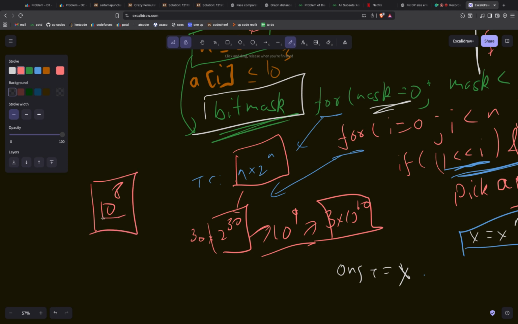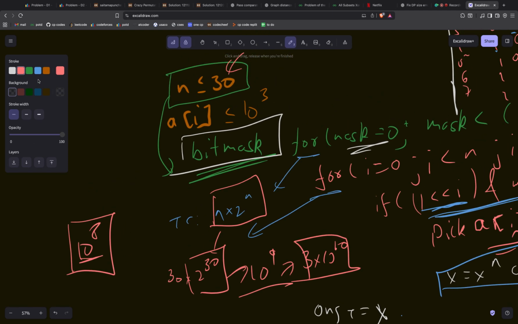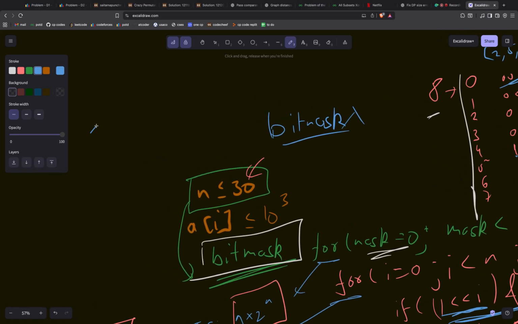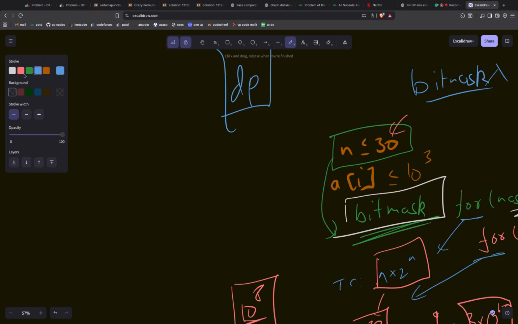So if this is the problem, how can we use this, or how can we solve this? See, this is actually not a bit mask question. This is actually a DP question. Why DP and how DP? We'll get to it. But the thing that you need to note here is, see,